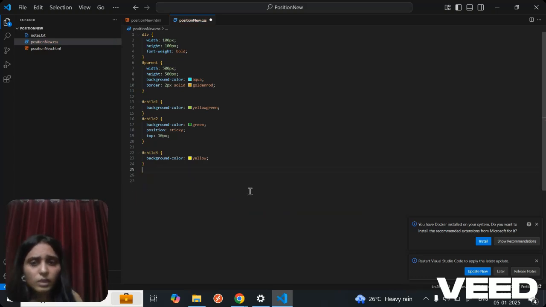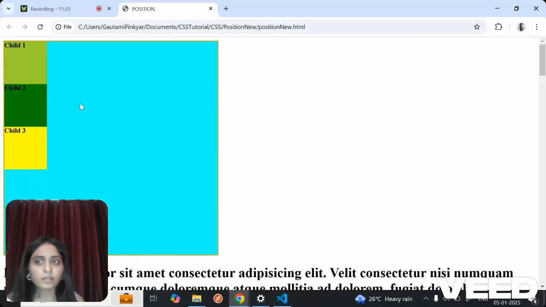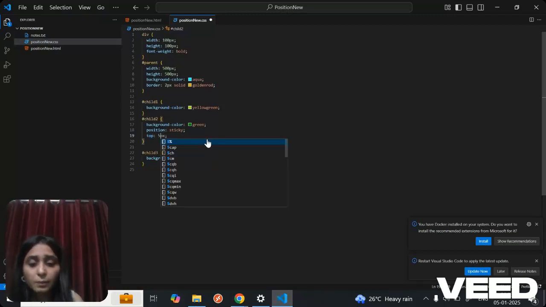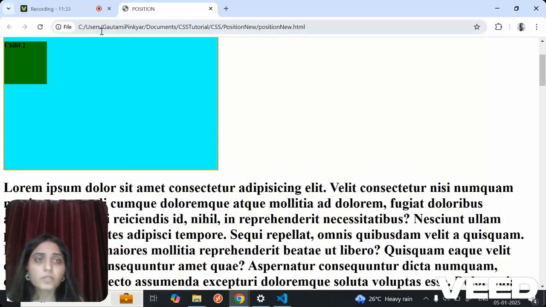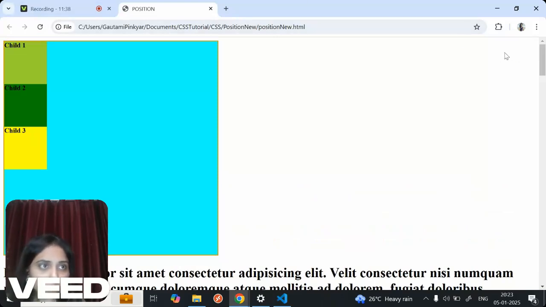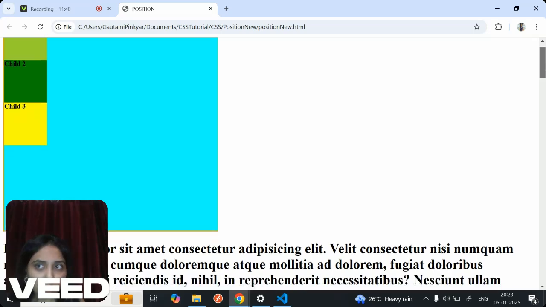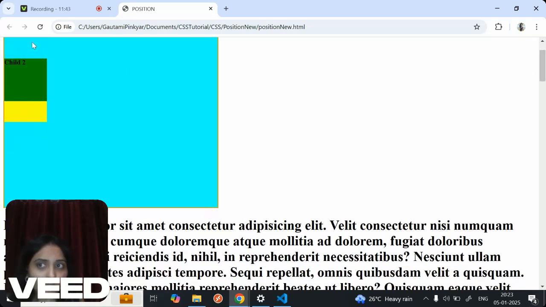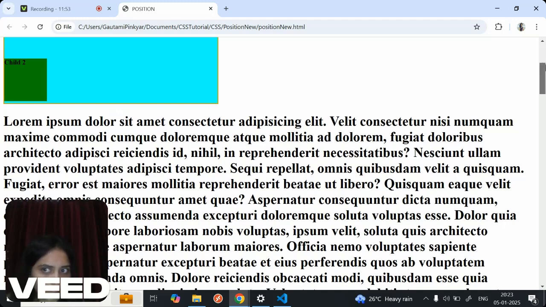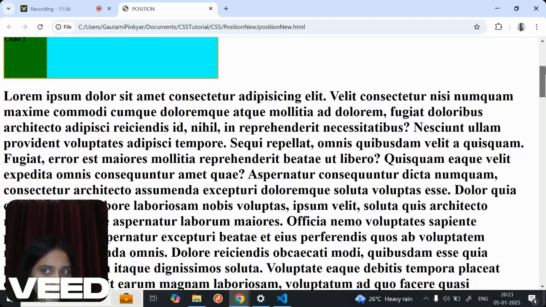And that's how we can give bottom, we can give left, we can give right. Okay. And that's how we can test. I can give the top as maybe 100 pixels also, or let me give it as 50 pixels. So what happens is that when you refresh it and scroll it, did you see, now it has reached 50 pixels from the top. Now once it reaches the end of the parent, see, it is going to touch. Let me scroll a little bit more. See, now when it touches, it will start moving upward.